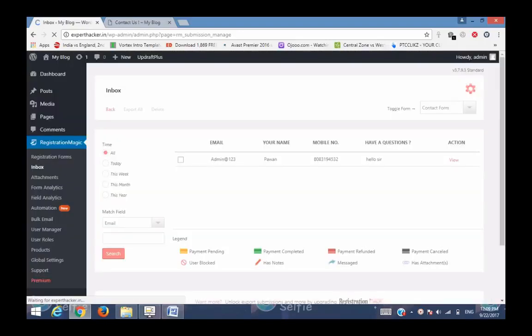Now you can see one contact form submitted here, with the admin email address admin@123 and Your Name. So friends, this is for now. If you have created multiple forms, you can choose from here. Here is a simple form that is already given, the contact form, in Registration Magic. You can create multiple forms and choose here, and you can see the effect here.